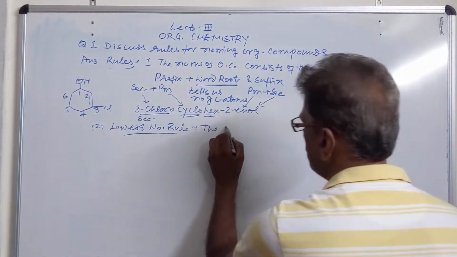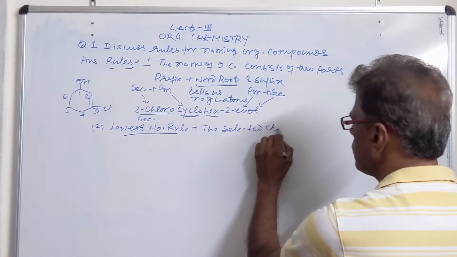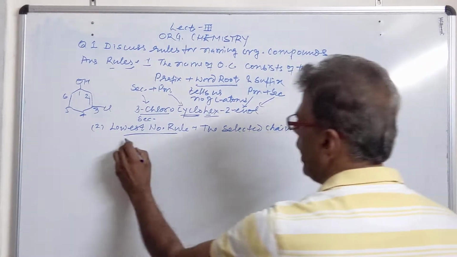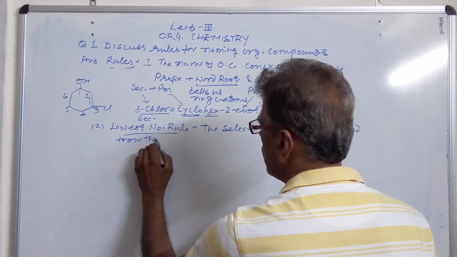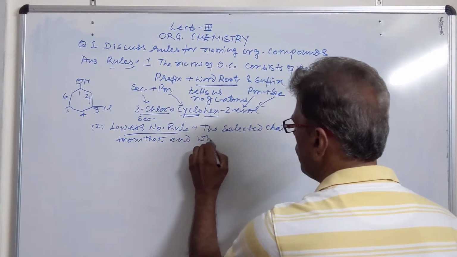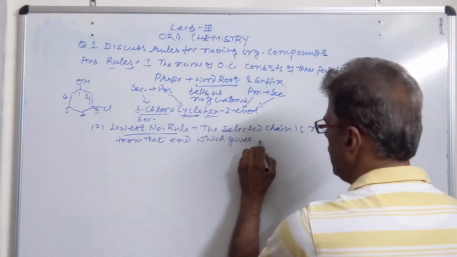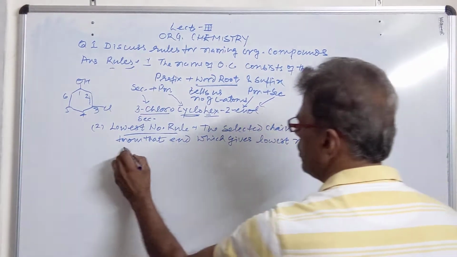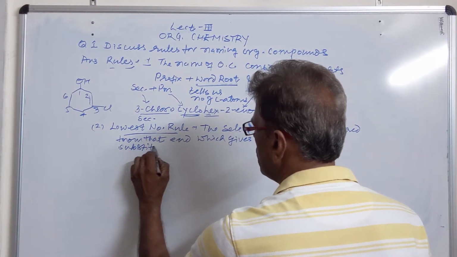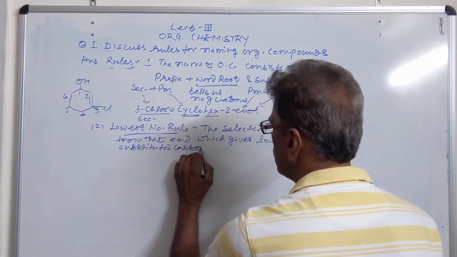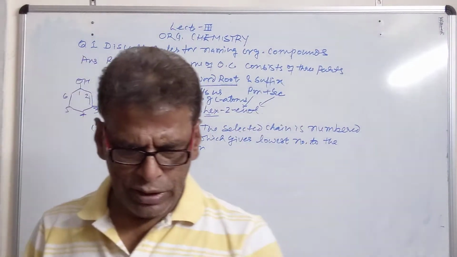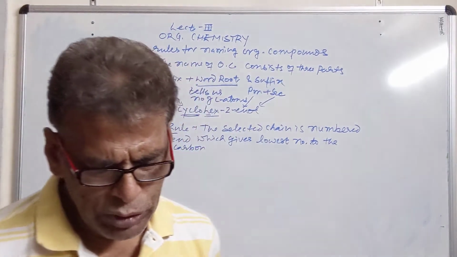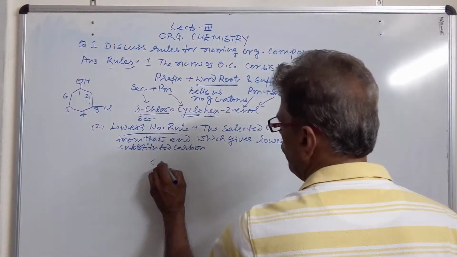Second is lowest number rule. The selected chain is numbered from that end which gives lowest number to the substituted carbon. So this rule states the selected chain is to be numbered from that end which should give the lowest number to the substituted carbon. Let us have a chain of